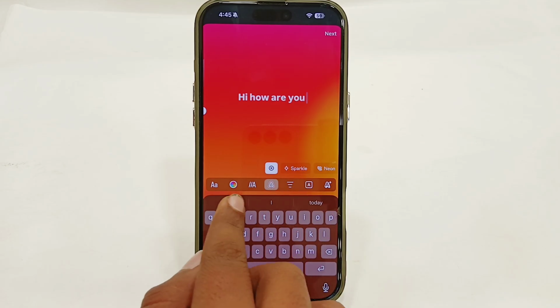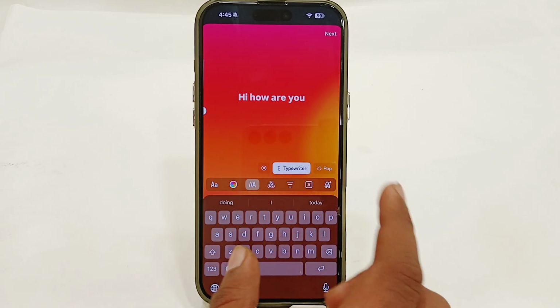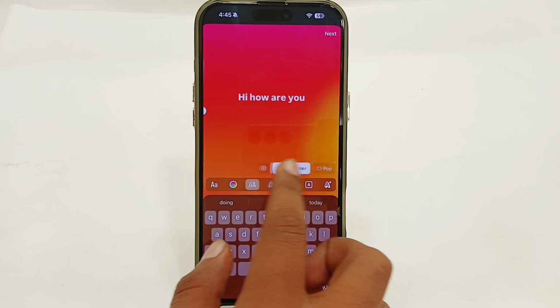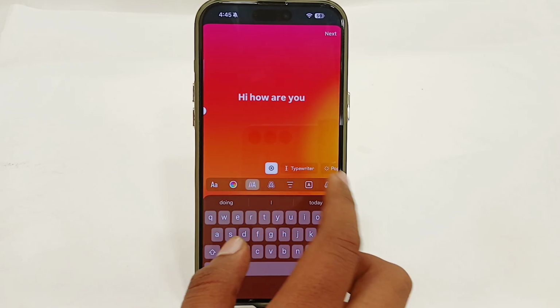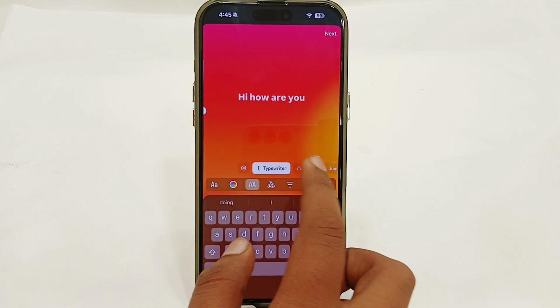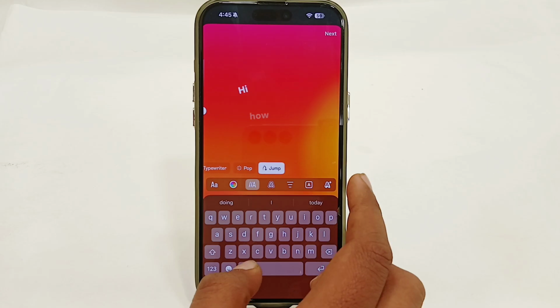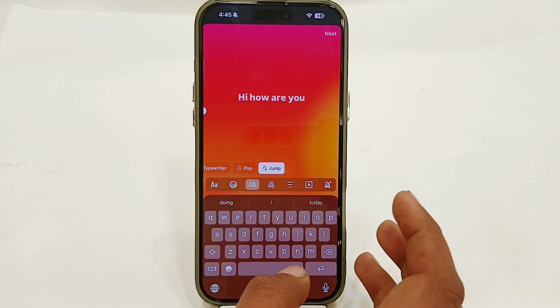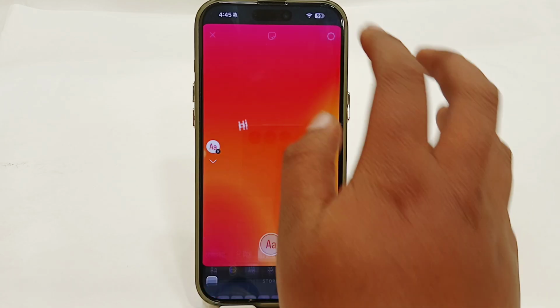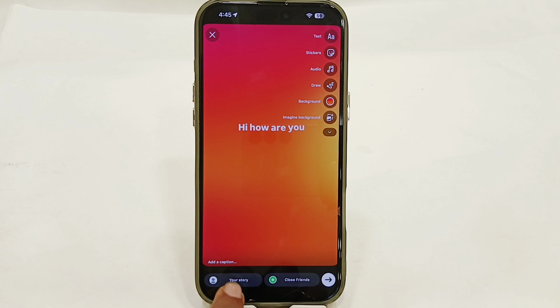But here you just have to select this option to animate your text. Now you can select different animations from here. Here's the very first, here's the second one, and the third one. So you can easily select which one you want. And once you have done, just tap on this next option here, and then tap on your story to share